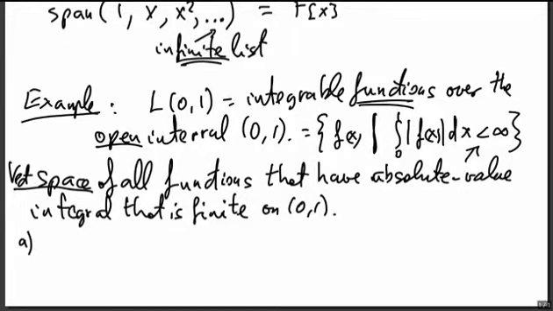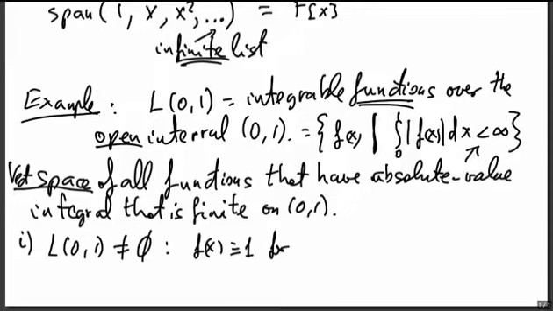Again, we have the three properties. Maybe I use now the I notation for the items. The first one is that this is not empty. It's not equal to an empty set, so we have to show that at least one element is there. I'm going to have several examples, but right now let me choose f of x equals identically 1 for x